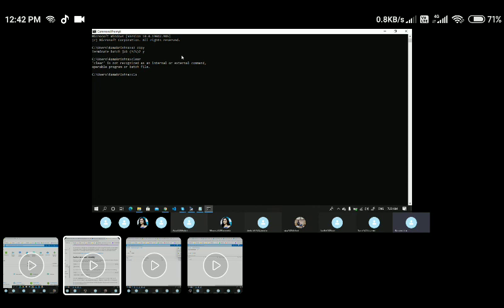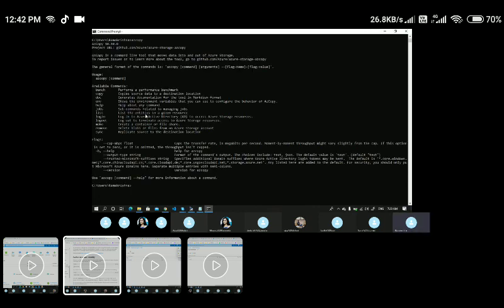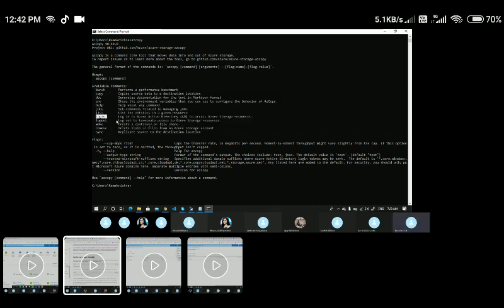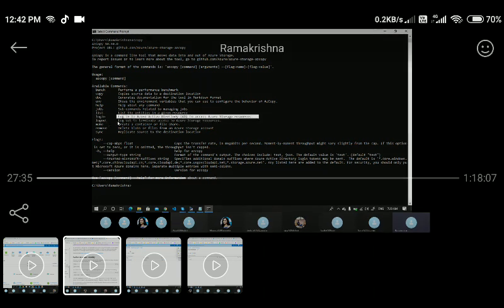Let's say I say azcopy this time, and here you could see the AzCopy related version. Currently I have downloaded AzCopy version 10, and here you could see certain URLs. These are the available commands to use AzCopy. Here you could see login, which logs into Azure Active Directory to access the storage account resources, and in the same way